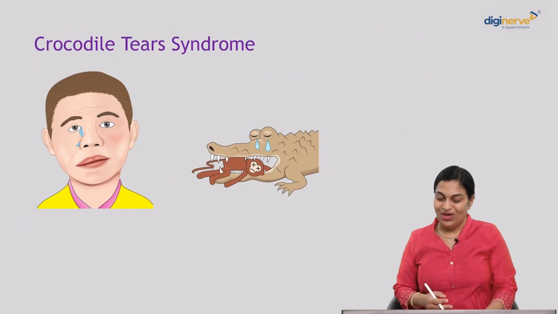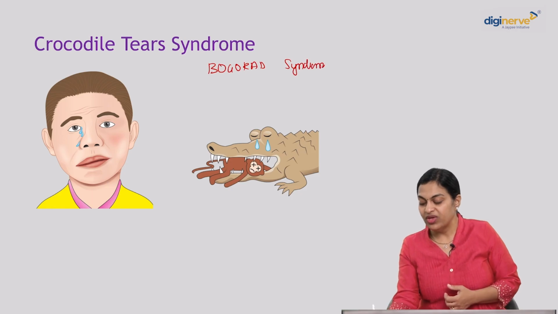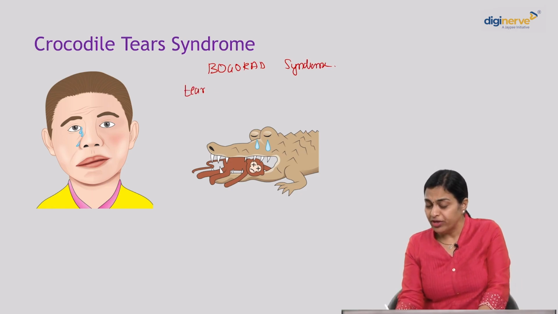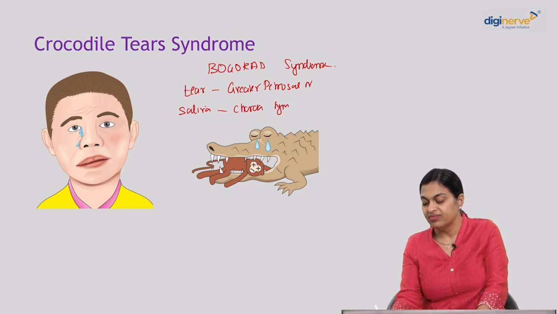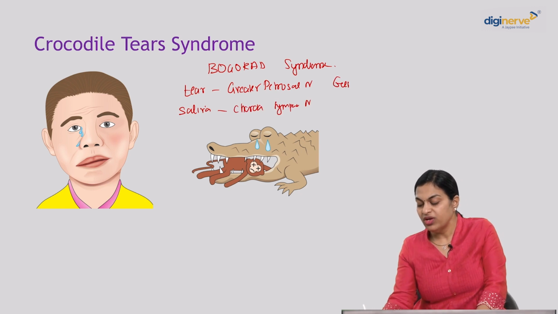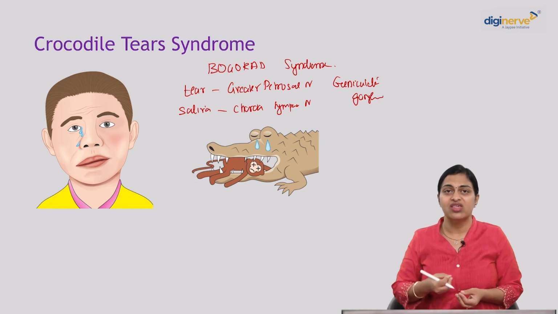Oral cavity. What is this crocodile tear syndrome or the Bogorad syndrome? Okay. So here, the nerve that is responsible for tear production is the greater petrosal nerve. And the nerve responsible for salivation is the chorda tympani nerve. Okay. So when there's an injury proximal to the geniculate ganglion, during the regeneration phase, if there's a mismatching, if these secretomotor fibers go and reach the lacrimal gland or vice versa, then what can happen during salivation? There can be